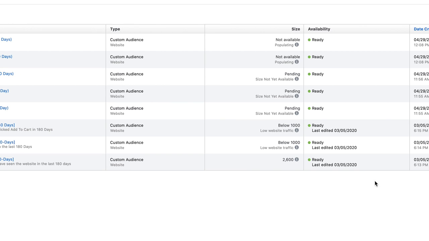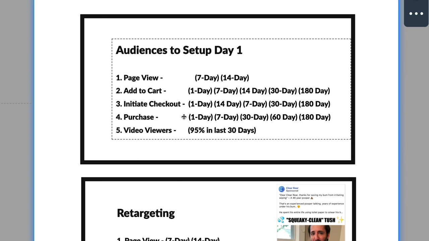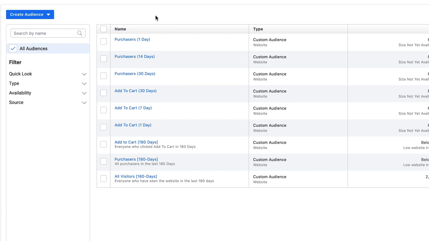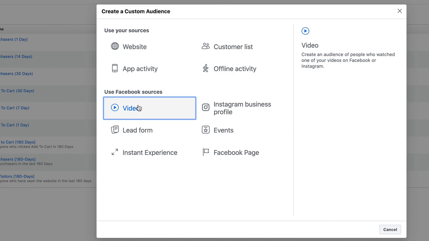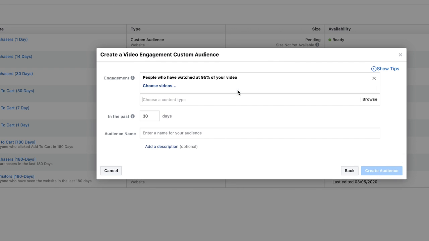So this is not the hard part. This is very simple. And so I'm going to go ahead and create all of my audiences, and I'm actually going to follow this sheet. Now, as far as video viewers, this is only going to happen if you have a video uploaded into your account. So the way we'd create our video audiences, we'd still do the same process, right? We're going to go down to video. I actually like to do the last 30 days. This gives me more recent traffic, but also not too little traffic, because you're going to get a lot of video views, right? So we're going to go right here, and we're going to scroll down to 95% of the videos, and